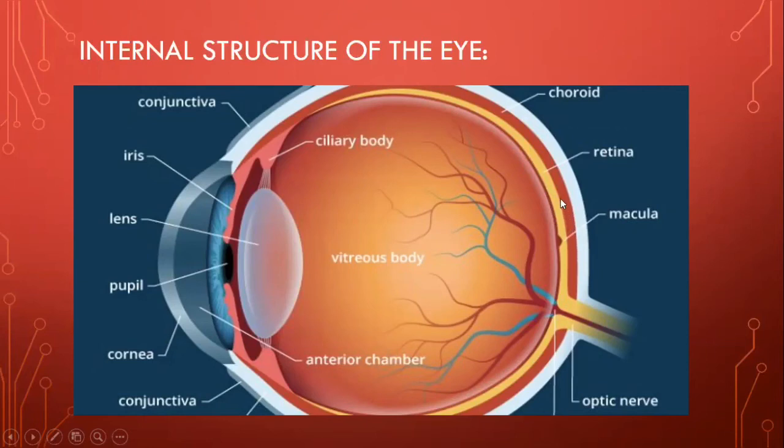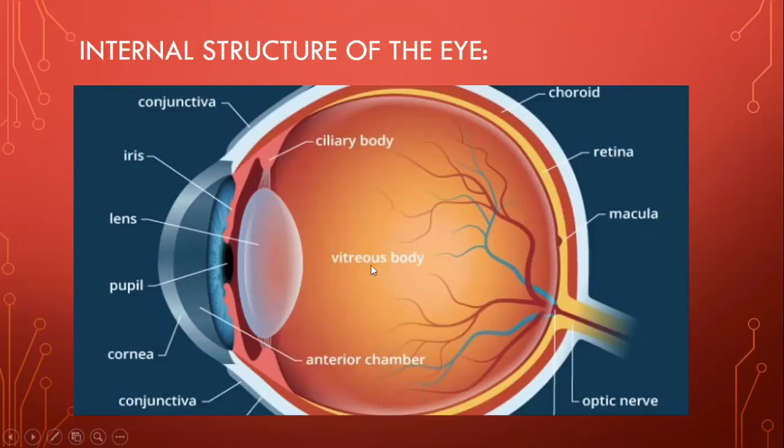Then we have the choroid. The choroid was also discussed previously. This choroid brings nutrition and oxygen supply to the eyes. And then we have the last whitish bluish layer. This layer is known as the sclera. As we have already mentioned, the sclera is covering the whole of the eyeball. So this is the sclera, and the only visible portion of the sclera is the white portion in your eyes, in the external structure of the eye.